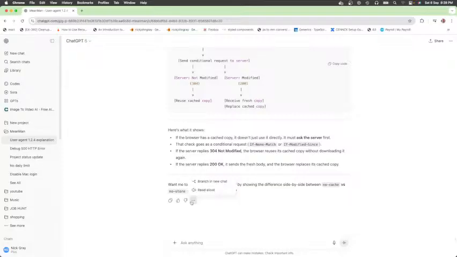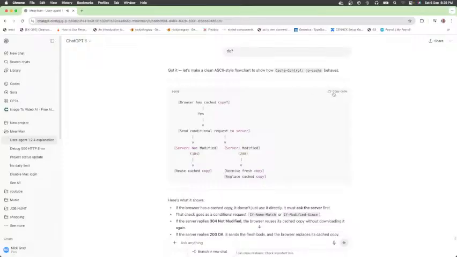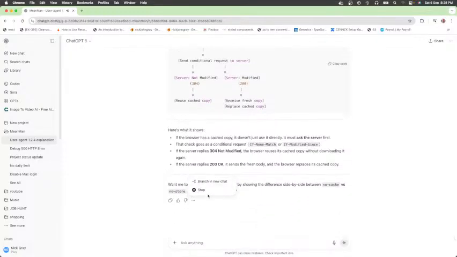Okay, let's get it to read it out loud. Let's make a clean ASCII-style flowchart to show how Cache-Control: no-cache behaves. You can see the code in our conversation history. Here's what it shows. If the browser has a cached copy, it doesn't just use it directly. It must ask the server first. That check goes as a conditional request, If-None-Match or If-Modified-Since. If the server replies 3. Wait a second. Let's make it use